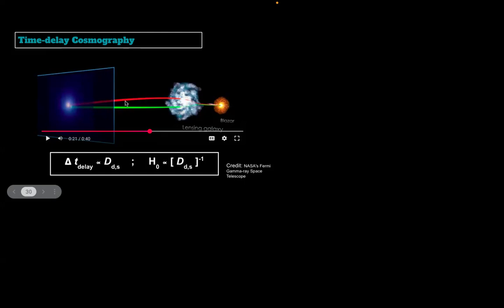So I'll go into a little bit more detail on how we do it. This is again a schematic diagram of the same thing, the source, image and lens. You can see that this is the source and there is a lensing galaxy. This is a massive lensing galaxy. And if there was no lens, then the light would come directly from the source to your Earth. Nothing would happen. If you have a lens, then any light going in this direction will just be bent and you will see the image here due to the gravitational effect.